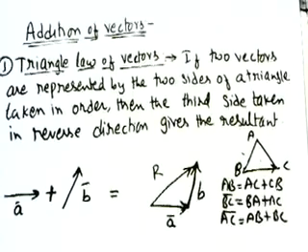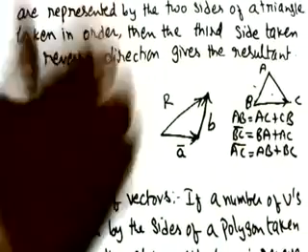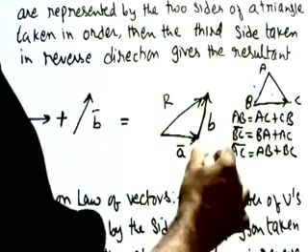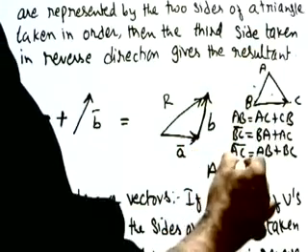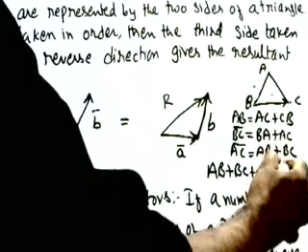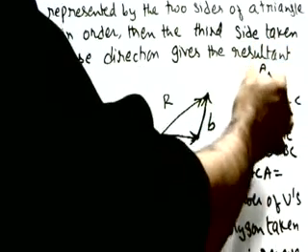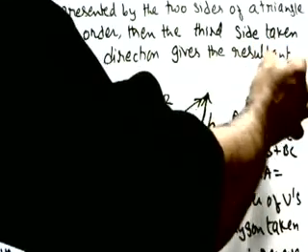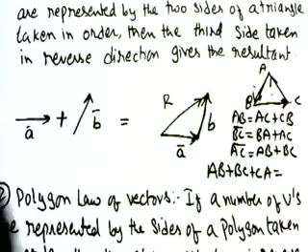And also, if we take all three vectors in the same direction, then the resultant will be 0. Addition taken in the same order: suppose we take AB plus BC plus CA, all in the same direction, then the sum will be 0. If all the sides are taken in the same order, then the resultant will be 0. That is, AB plus BC plus CA equals 0.